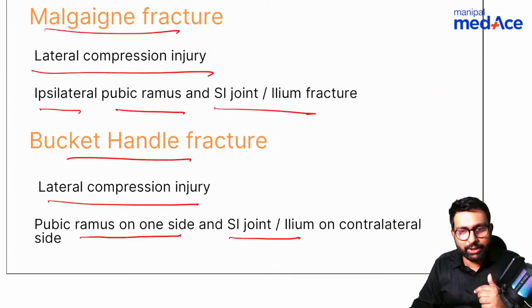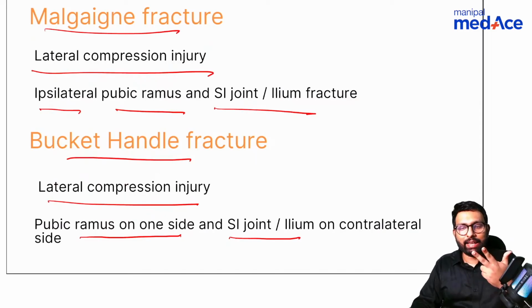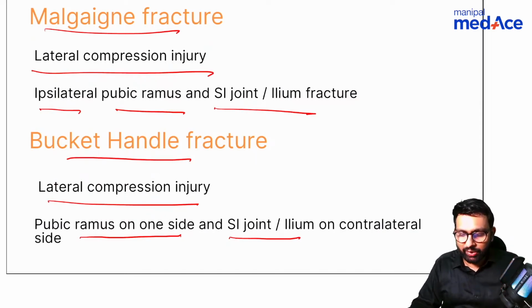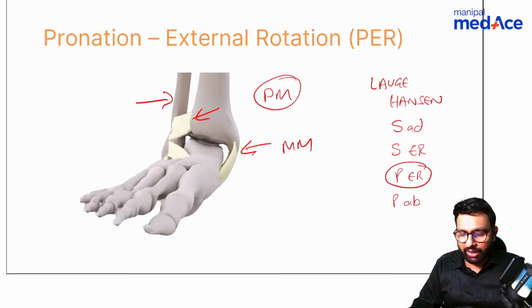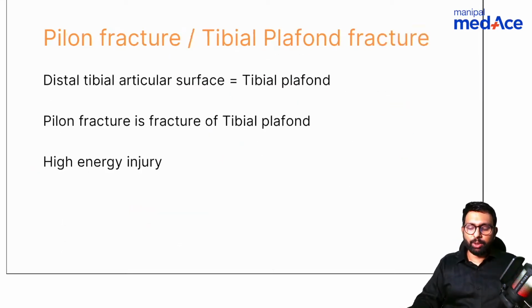That's the reason I put this MCQ here. Bucket handle, Malgagni, Hoffa's, and Mason-Hughes fracture. And if possible, read a little bit about Lauge-Hansen classification of ankle fractures. Okay. So this was about that. Then